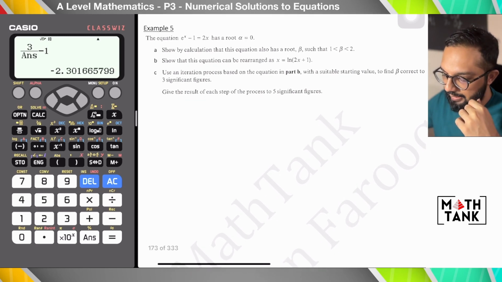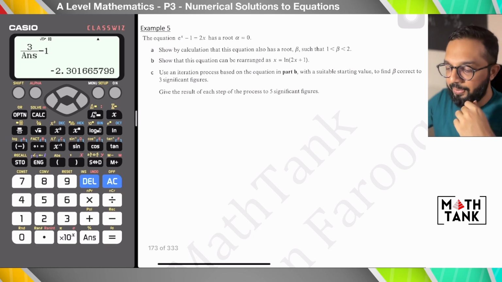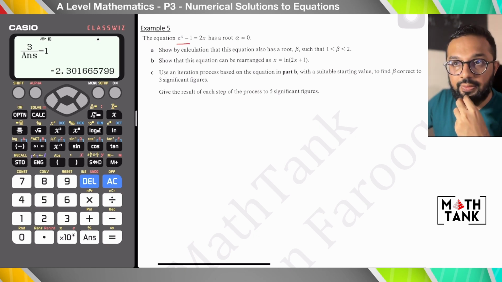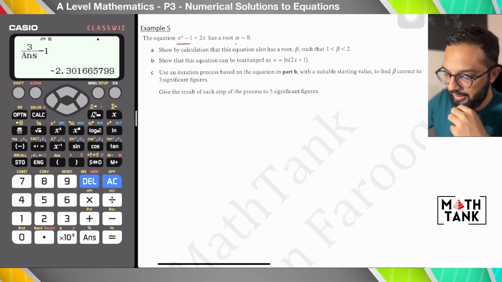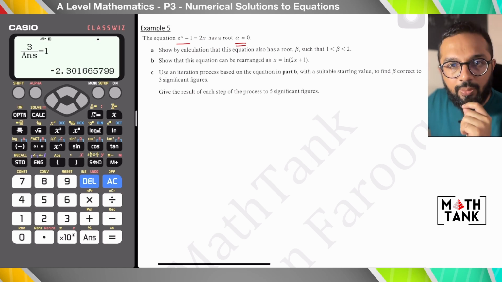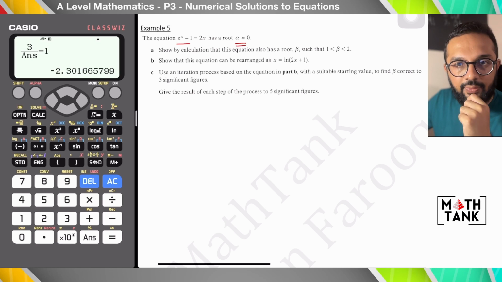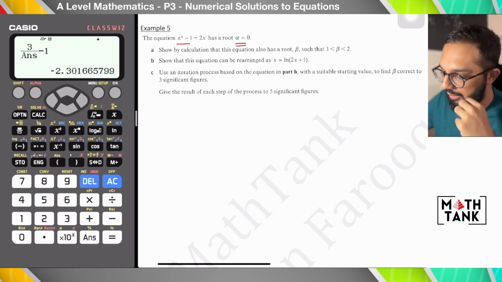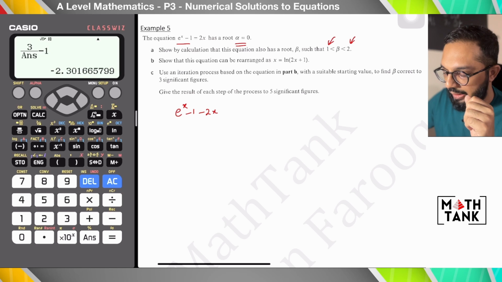Let's look at this. This has all the things put together. It says the equation e power x minus 1 equals 2x has a root alpha equals 0. So one of the roots is alpha equals 0. Show by calculation that the equation has a root beta such that beta is between 1 and 2. Now, what did we learn? We learned that if I want to prove this algebraically, I have to bring everything on one side and create a function first. Once I've created a function, I can then go on and say that f of 1,